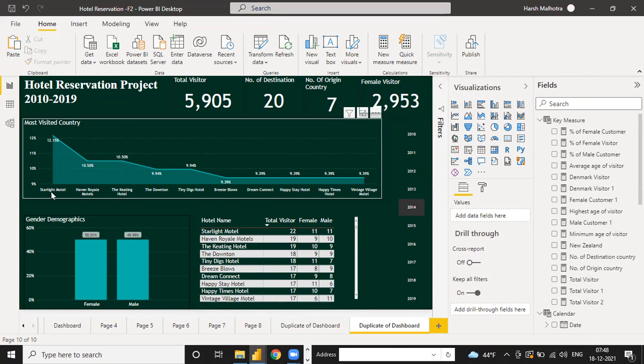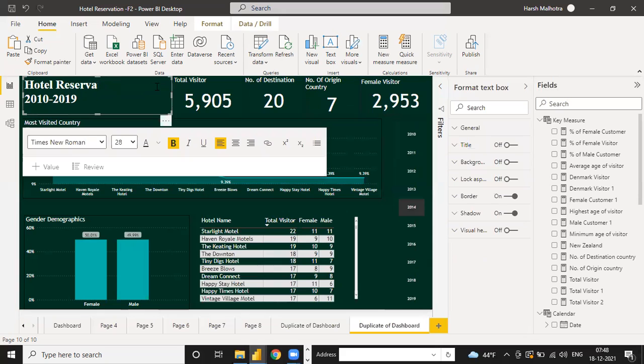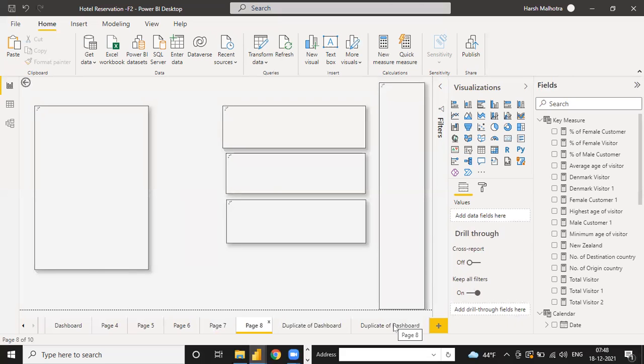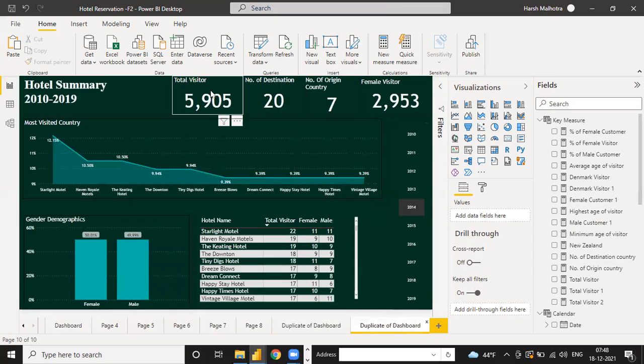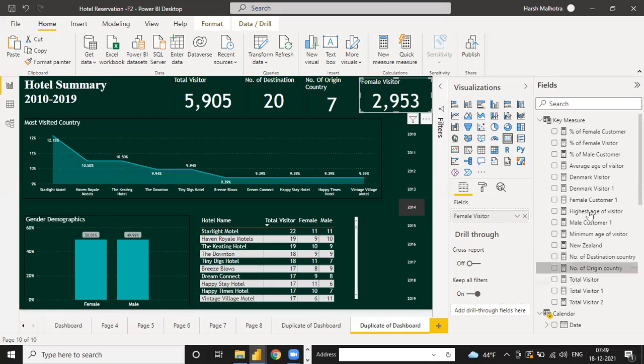And see, the Starlight model is the largest visited hotel. So this way, this is your hotel presentation, and then you can change the name here also, that hotel summary. The four or five sheets are good for you to make the chart. We have to create a little more function in this. Suppose you need here: 59 is visitor, this one is destination, this one is origin, female visitor. Suppose you need to calculate the total number of hotels you have. I think we have already calculated number of origin, female.